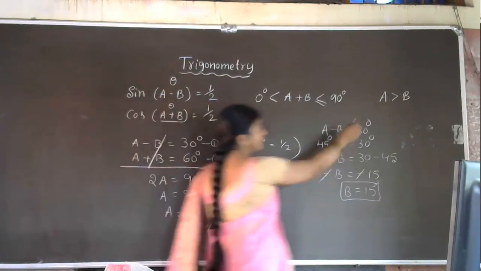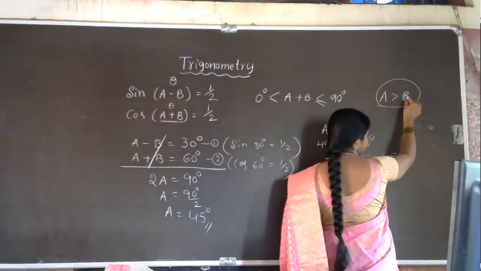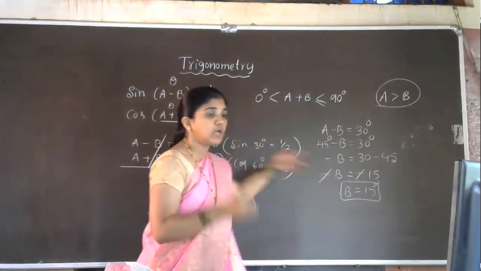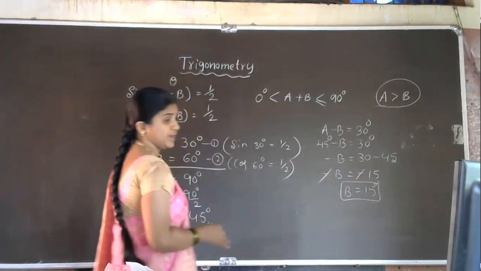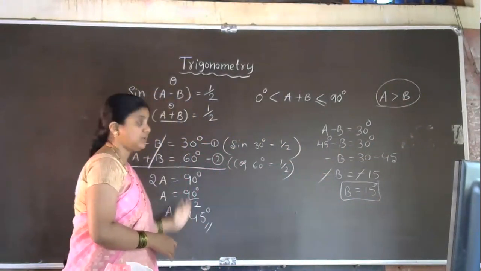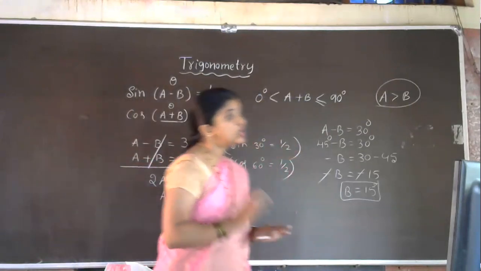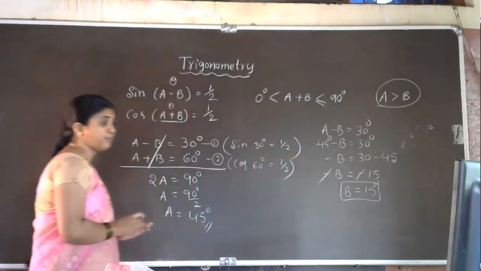So now they have given the hint now. A is greater than B. Yes, of course, A is greater than B. So in this method, we can find out the A and B value. Same to same problem you have in the exercise part also. So now you got the idea of this type of problem now.